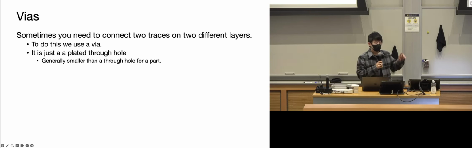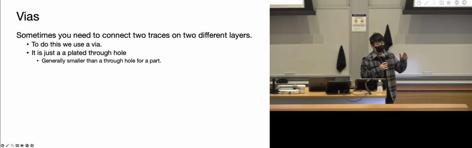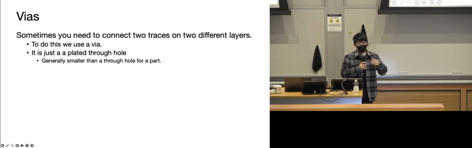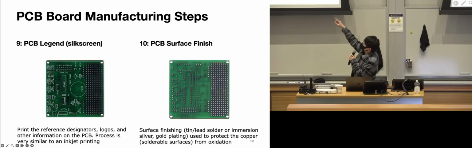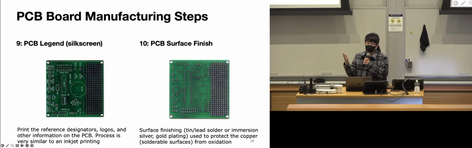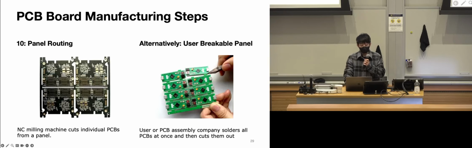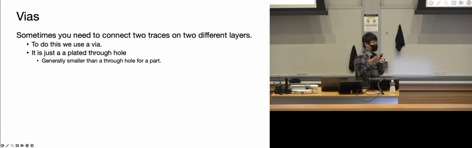You can choose to have them either masked or naked. Masked meaning you will have this surface finish green part cover the top of the via, so it's more, I guess, contained. But the reason you might want it to be naked would be that it's easier for you to debug on a